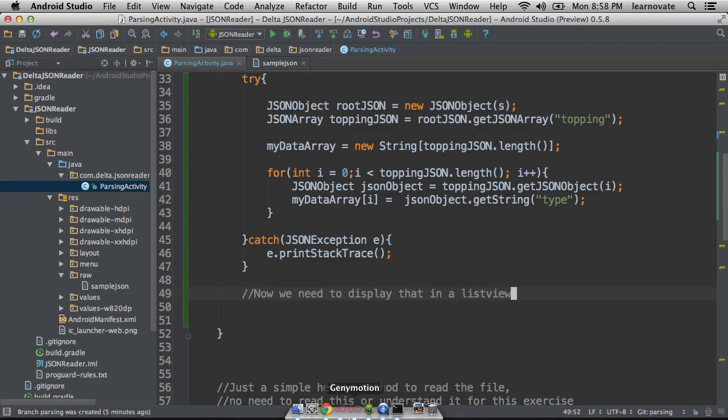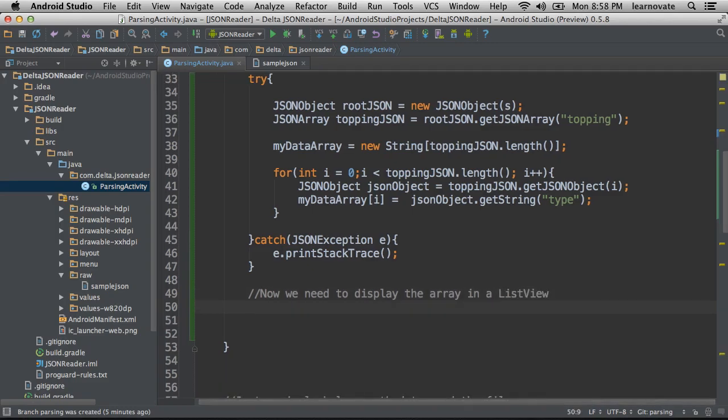And also, this is something they should already know how to do. We're just connecting a list view now that we've converted it to an array. This isn't the only way to parse JSON. In fact, there are many more powerful technologies to use now. But if something goes wrong with those technologies, you kind of have to know this stuff in order to be able to fix it.